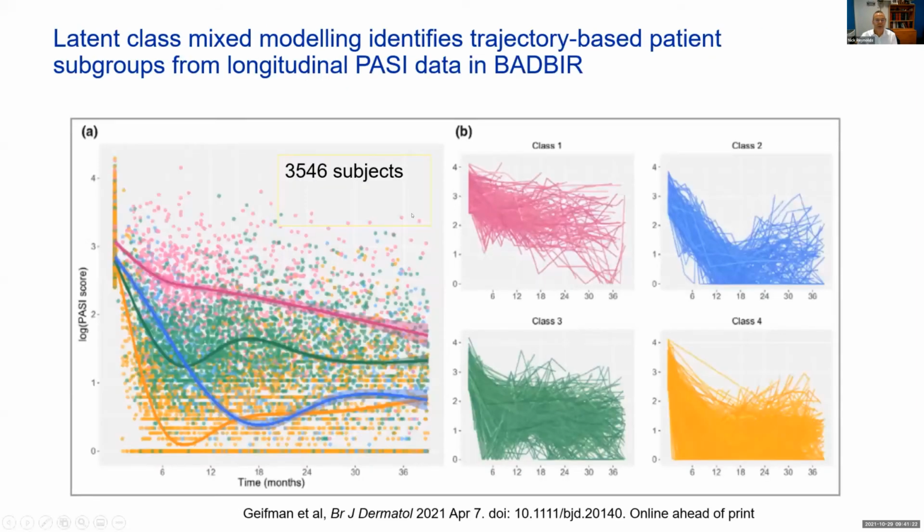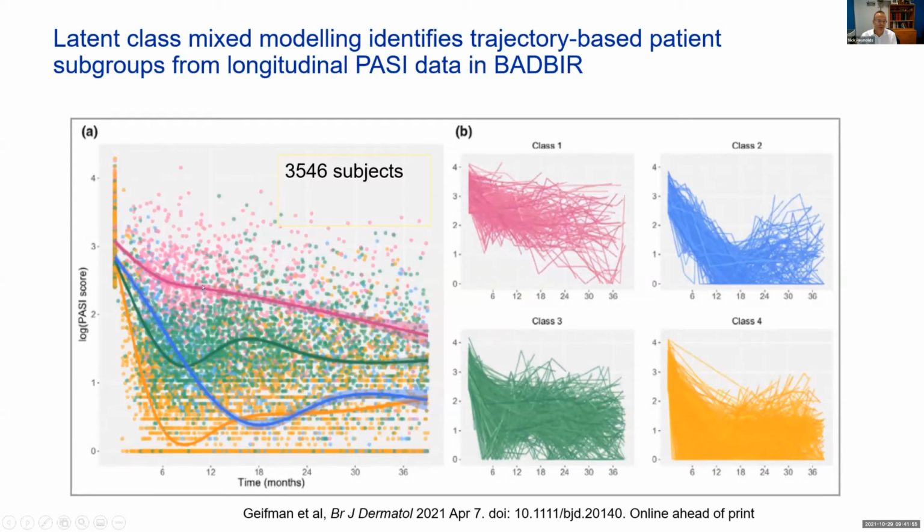The other important application is machine learning, which has been increasingly applied to these data sets. And here we're looking at the trajectory of response, not just an outcome at a particular time point. And it's important to compare this graph with the individual classes that emanate from the analysis. The machine learning identified that 4 was the optimal class number. And then you can see that there were differences. This data is pretty noisy. You can see that some of the lines are all over the place. But overall, these patterns are consistent and statistically relevant.